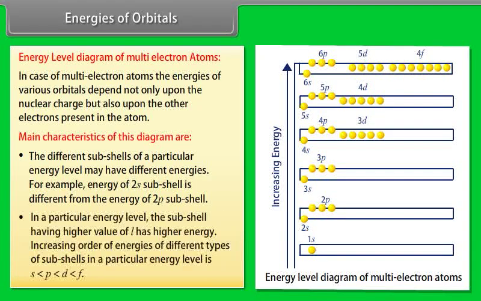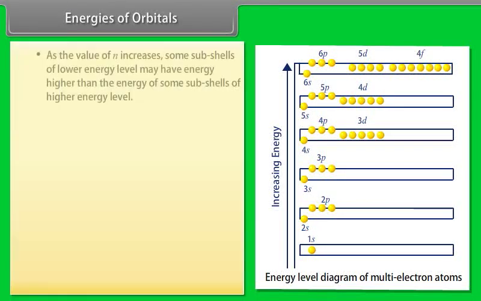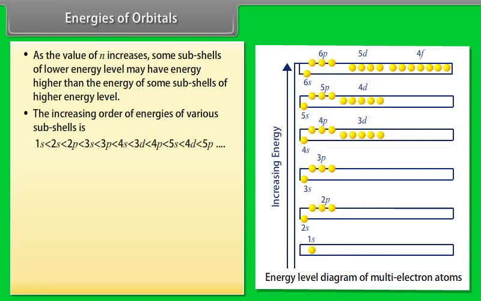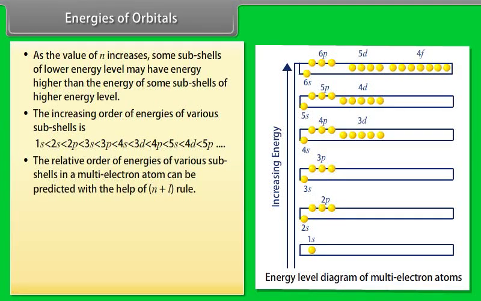Number 2, in a particular energy level, the subshell having higher value of l has higher energy. Increasing order of energies of different types of subshells in a particular energy level is: Number 3, as the value of n increases, some subshells of lower energy level may have energy higher than the energy of some subshells of higher energy level. Number 4, the increasing order of energies of various subshells is: